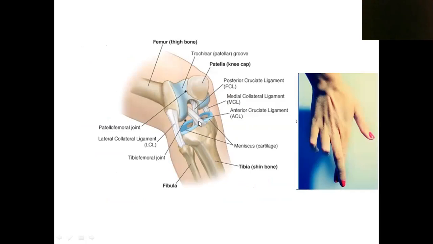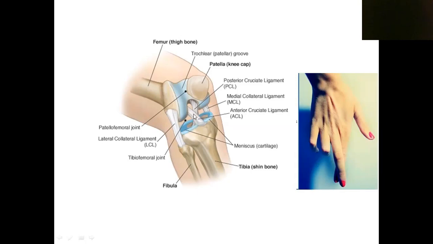So the anterior cruciate ligament is connected to the anterior part of the intercondylar area. The lower end of the posterior cruciate ligament is attached to the posterior part of the intercondylar area. This is the anterior cruciate ligament. Its lower end is attached to the anterior part of the intercondylar area. From there it runs upward, backward and laterally, and it is inserted into the medial surface of the lateral condyle of the femur. See, this is the lateral condyle of the femur. So it is attached to the inner, or medial, surface of the lateral condyle.